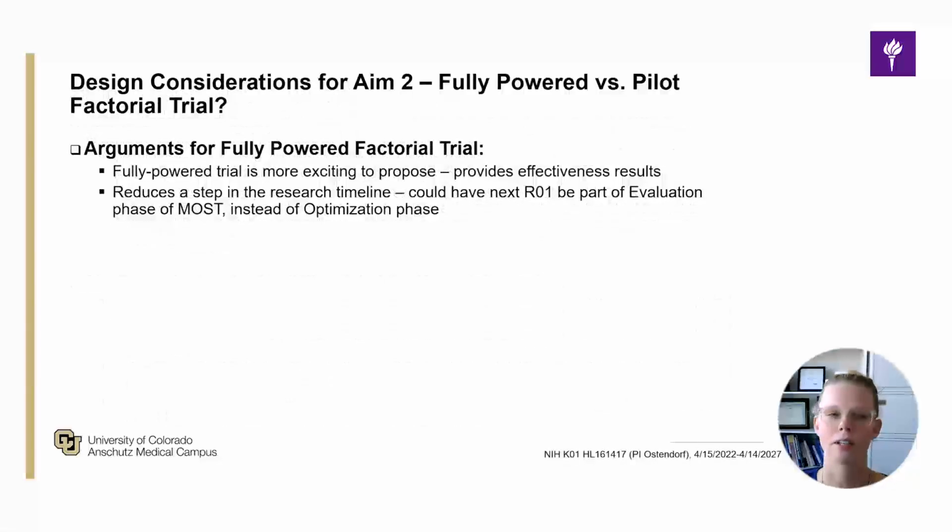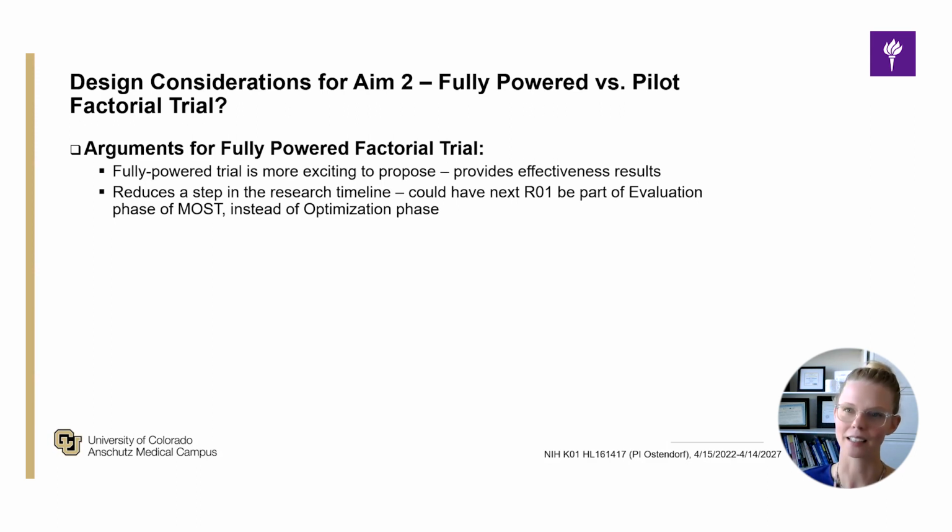And so when I was first writing the grant, I had lots of questions in my head, like, should I go for that fully powered factorial trial, or should I hold back and propose a pilot factorial trial? And in my mind, I really, really wanted to do that fully powered factorial trial because that was the most exciting thing to me. I was like, I want to be able to have effectiveness results from this work. And then in my mind, it was like, okay, that'll reduce that step in the research timeline. So then my next R01 could be that evaluation phase of MOST